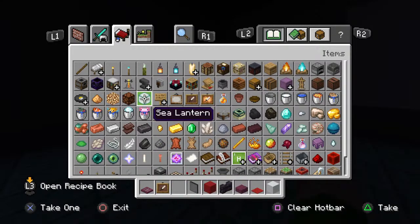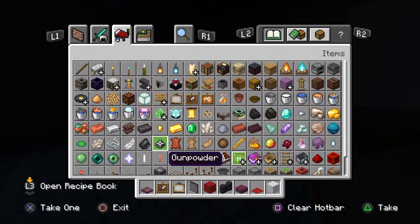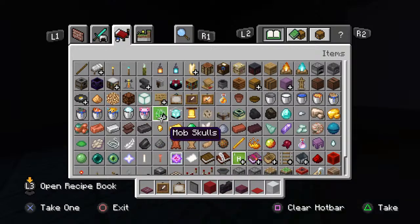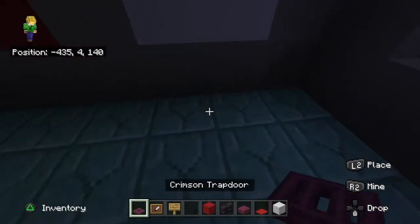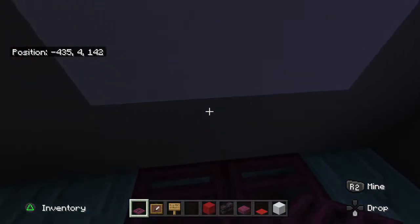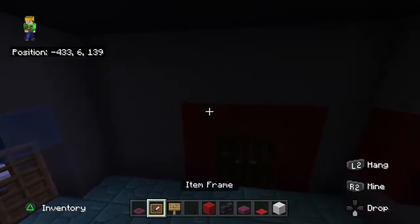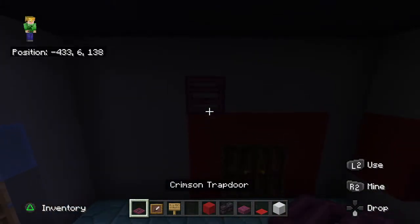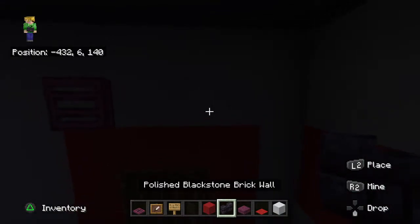And in front of the white concrete area here, I'm going to dig into the ground and place a crimson trapdoor on top. I think that's a vent of some sort. Above the red concrete frame of the door on the left, I'm going to place another vent. On the right side here, above the right door, where the light grey concrete is, I'm going to place